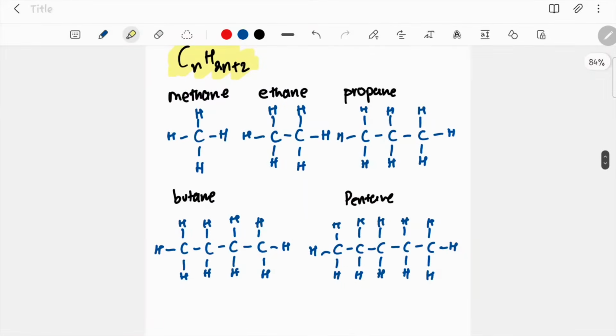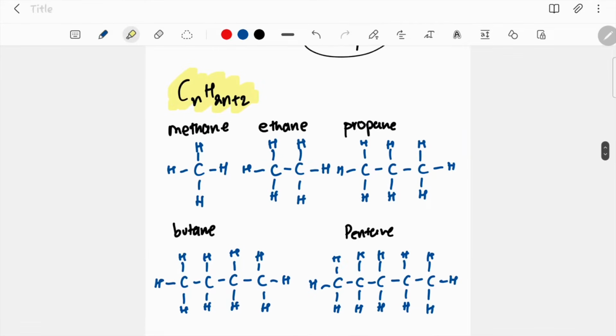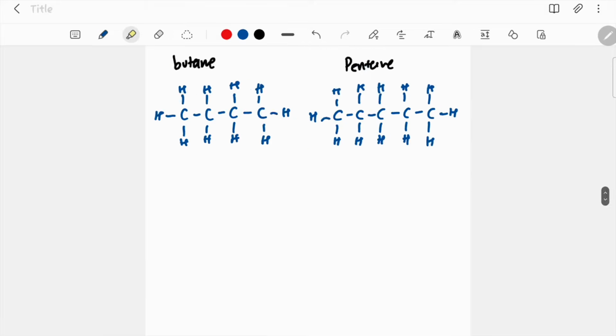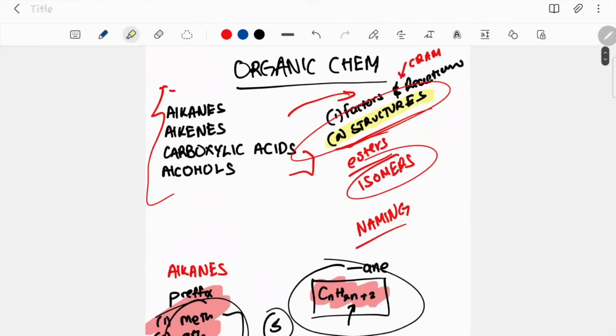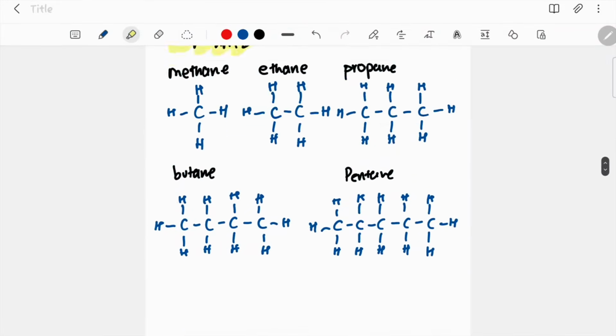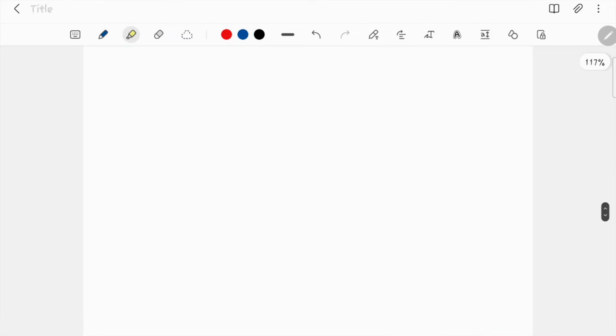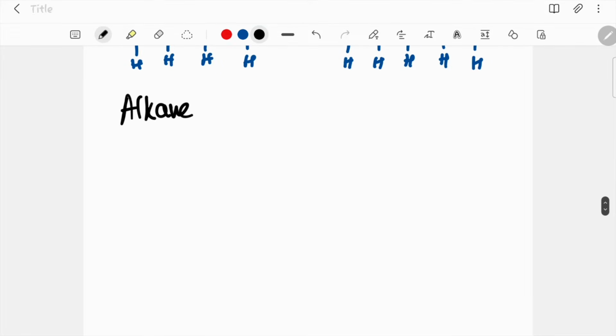Okay? You remember that formula, and then after that it becomes quite easy, right? That is the alkane group. Let's have a look at the alkene group now. Now, the alkene group is a bit different. Okay, the alkene group is slightly different. Now the structure for alkene, or the formula for an alkene, is